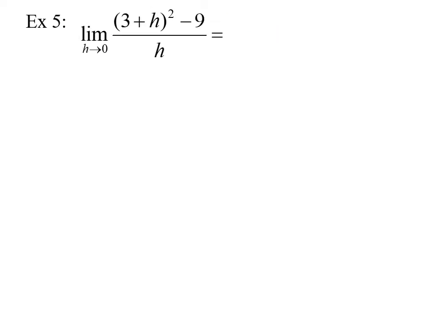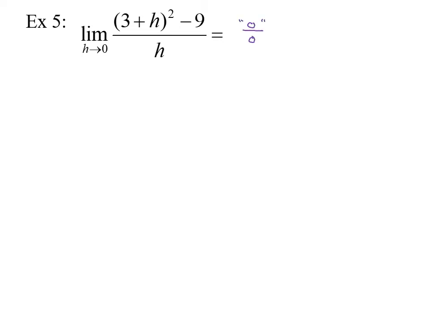All right, so for the next few problems, let's look at some that maybe aren't as straightforward, because I want you not only to be able to do the easy ones, but I want you to be able to use your thinking caps to do the more difficult ones. For example, what is the limit as h approaches 0 of (3 plus h) all squared minus 9, all divided by h? Now, if you would like to, I'm going to let you do this yourself, but just to save some time,